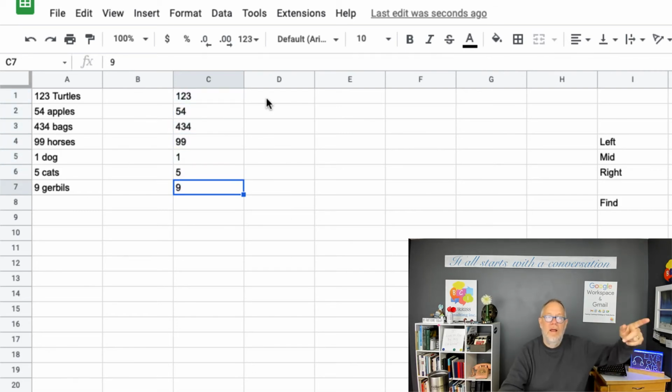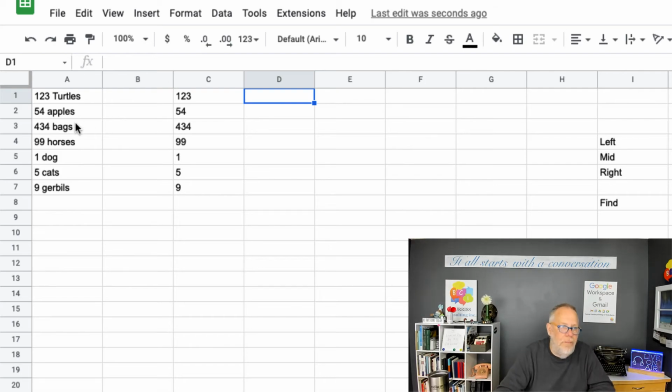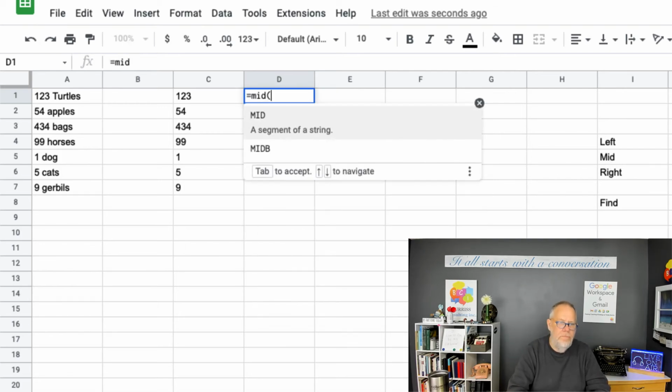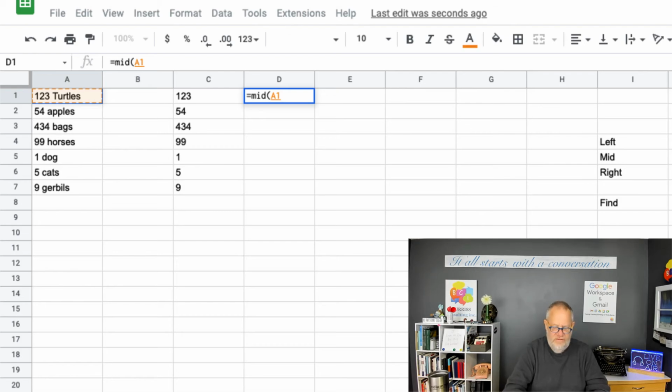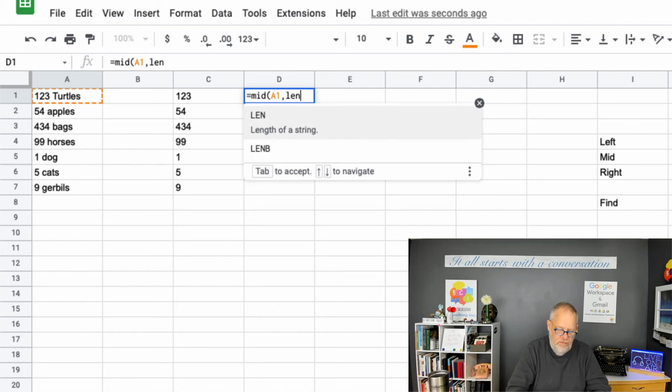Now, let's get turtle out of there and apples, bags. Let's get the text out of that. So I'm going to use the mid function. Equals mid of what? Of this. How many characters do I want? Where do I want to start? Well, I want to start at the length of 1, 2, 3 space. So I'm going to use length